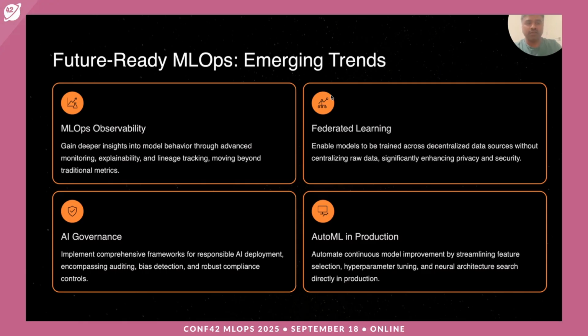Federated learning, again, this is more like having models being trained across decentralized data sources. Again, an extremely important aspect, and also obviously improving privacy and security. AutoML is also autonomous continuous model improvement. Again, looking at feature selection, getting the feedback, parameter tuning. It's like a complete cycle of how do we use that end to end to actually improve our models at scale is something that we can keep in mind as well.